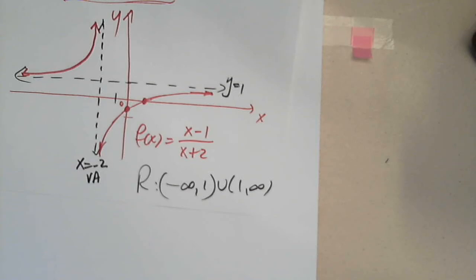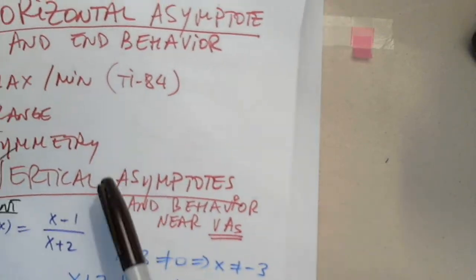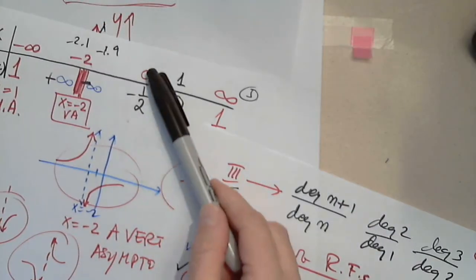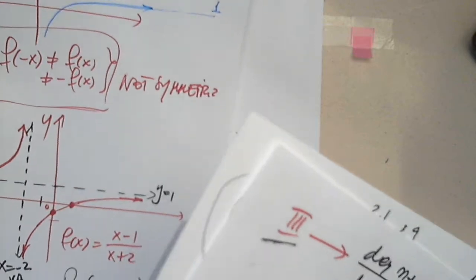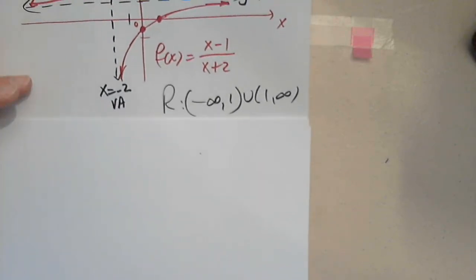So all these items will be given to you. So a max, min, there is none. Range we determined, symmetry we determined, so everything is there. Don't forget the y-intercept. We already calculated it and we put it in. The y-intercept is (0, -1/2). This is it. Yes, it takes a while. It's not a trivial problem, but I think we should move on to type 2, which is even easier than this. So let's make some notes